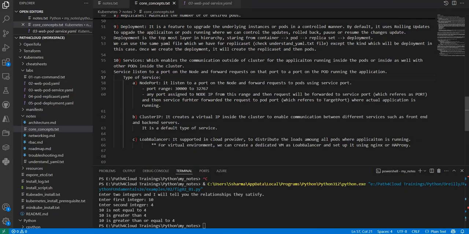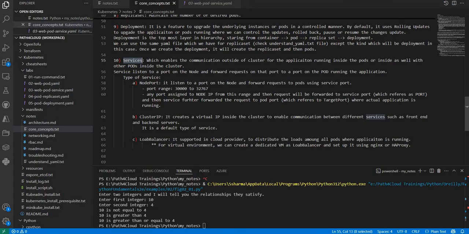So today we will discuss services and their types, like what kind of services are available in Kubernetes. In the last video, we discussed the deployment, which is the topmost layer in the hierarchy, where we can manage our pods, our application, our replica set, and our rolling update strategies. All this stuff we can do with the deployment. Now you have deployed your application,